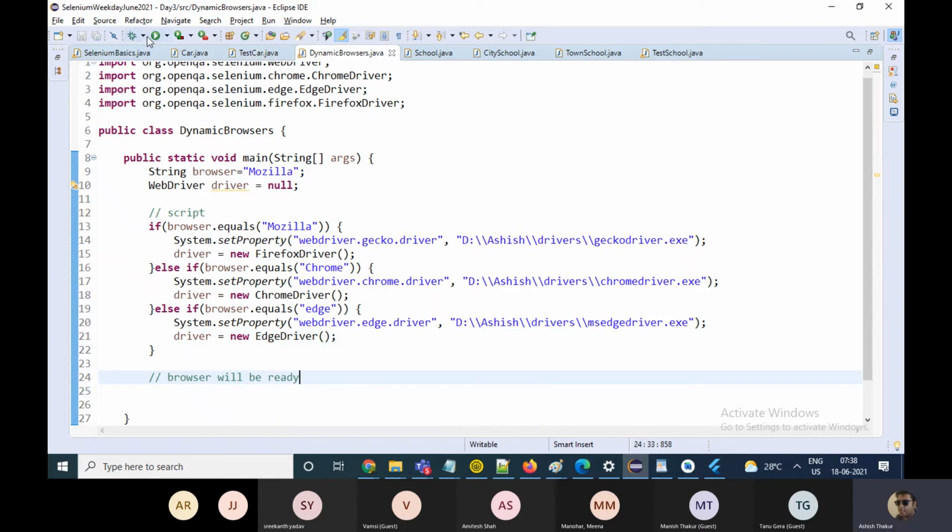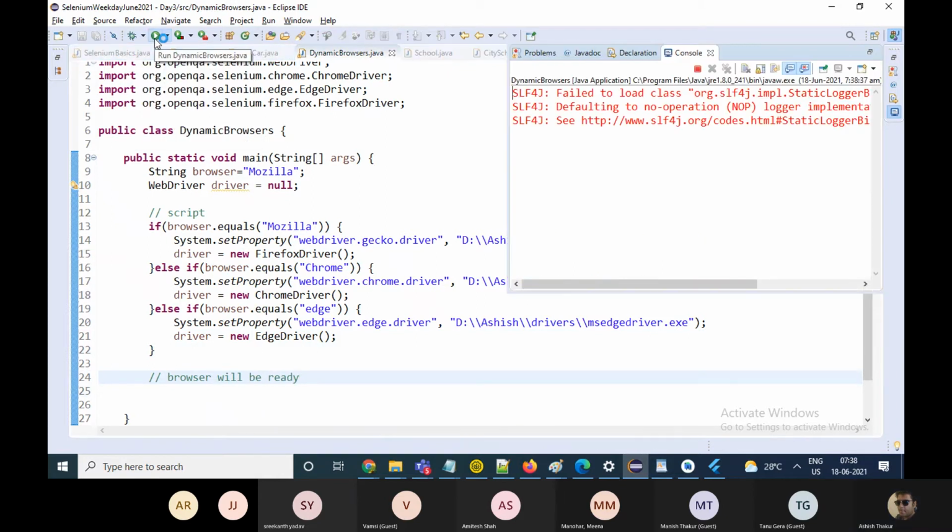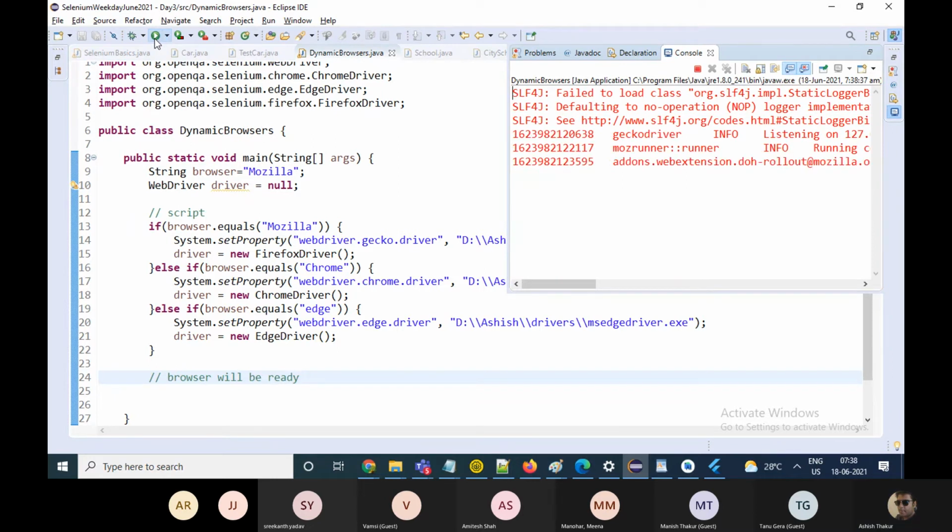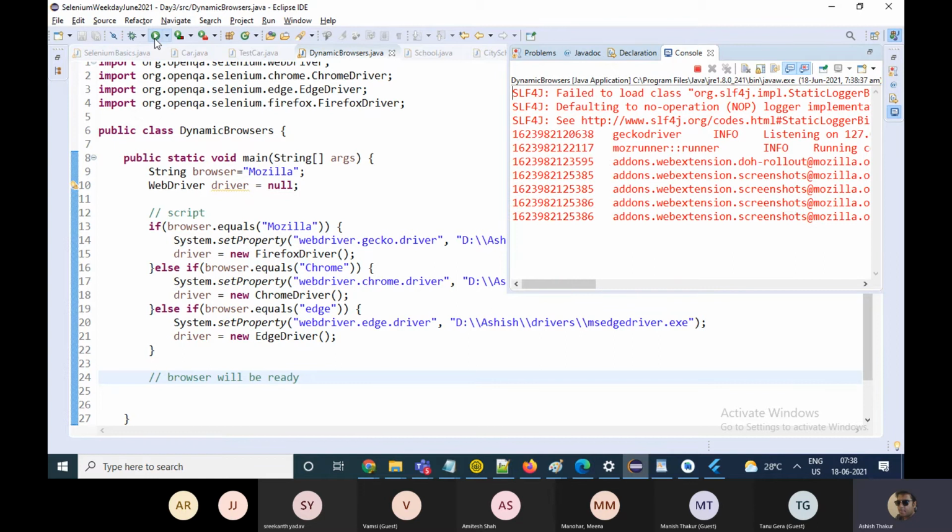If I just run this code, you will see that the Mozilla browser will launch.